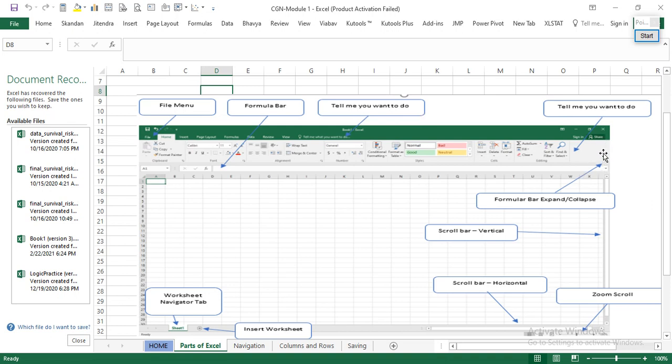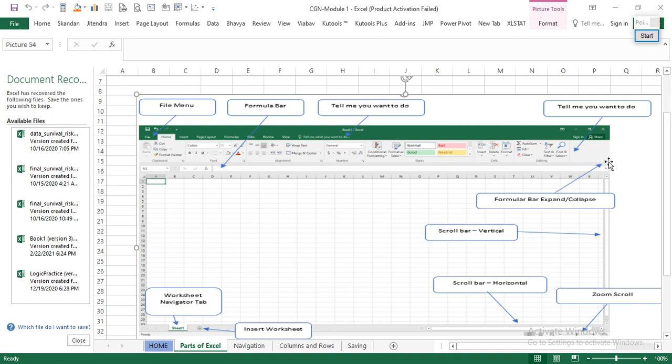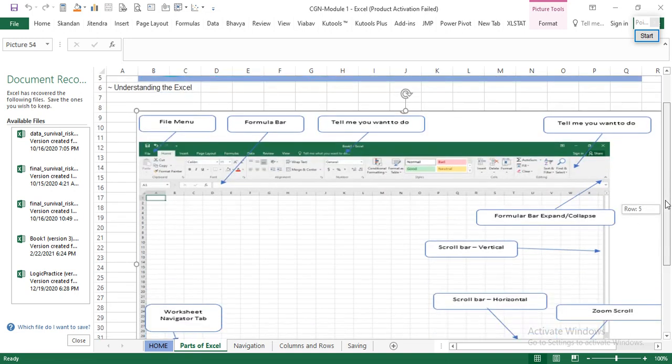the formula bar and things like that, so you don't view it. When you open it and you press on this button to expand, it will expand there. This is the scroll bar at the side, which is called the vertical scroller.